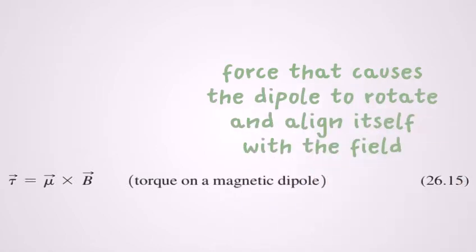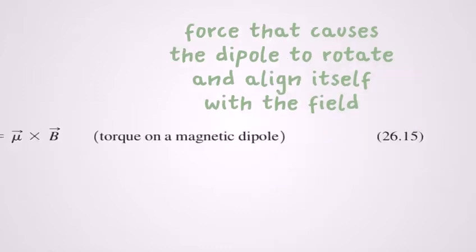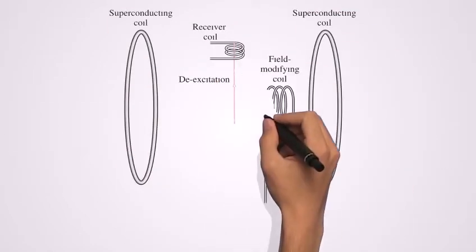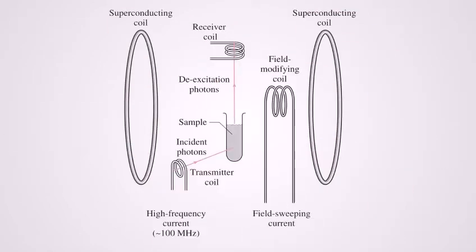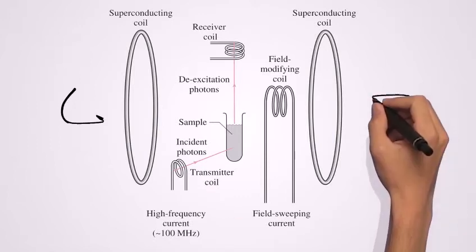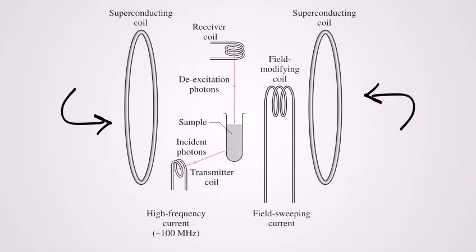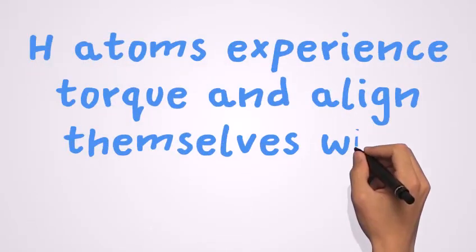This principle is central to how MRI machines function. Chapter 38 in the Wolfson textbook, Nuclear Physics, provides the graphic you see here. A magnetic field, created by superconducting coils in the scanner, is applied to the patient's brain. Because there are magnetic dipoles μ, the hydrogen atoms in the blood experience a torque and align themselves with a